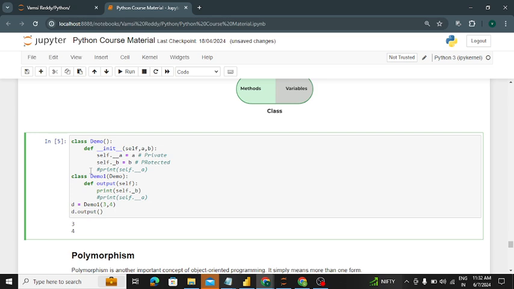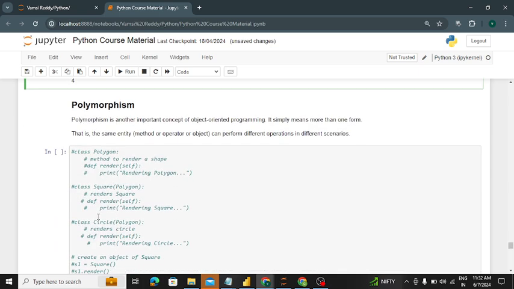Okay. Next one, polymorphism. Simply, poly means many, morphism means forms. It works as many forms. Once you create a class, it works as different types of forms. For example, take a female. She acts as a mother, she acts as a sister, she acts as a wife, she acts as an elder. Sometimes relationships exist like that. Like that, once you create a class in polymorphism, it can act as multiple forms.